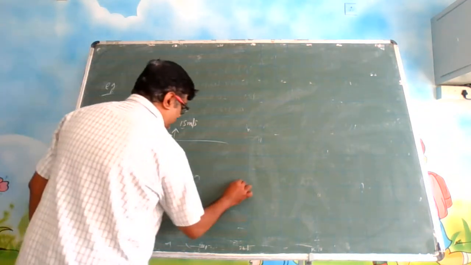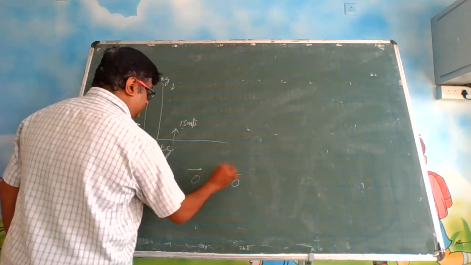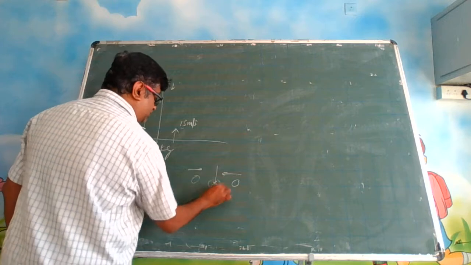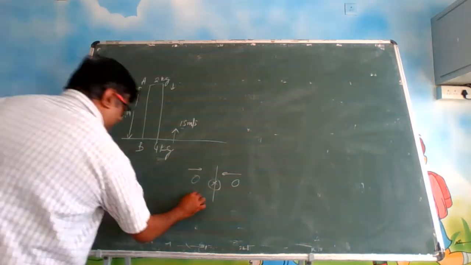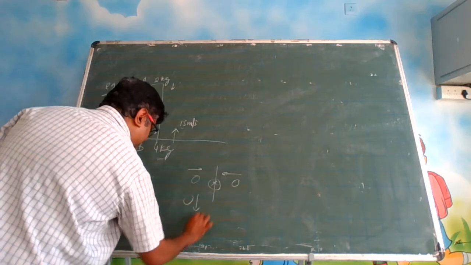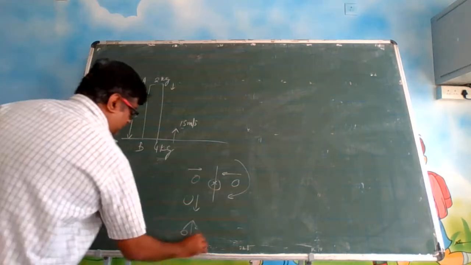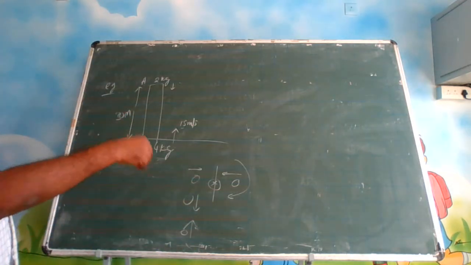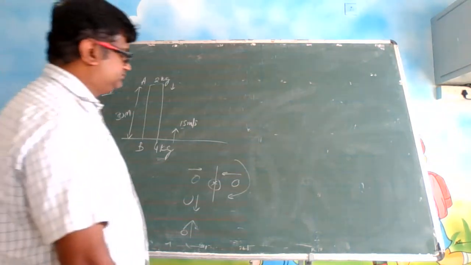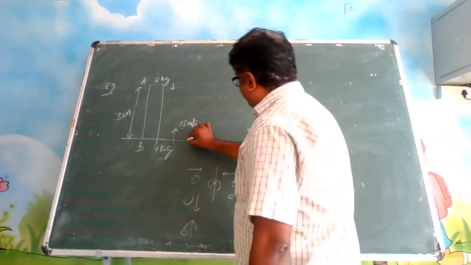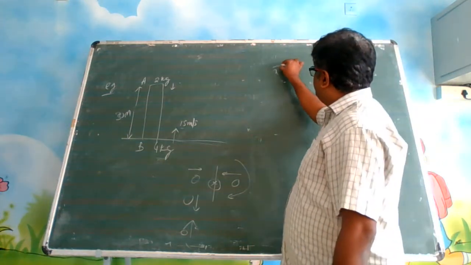So suppose there are two masses and one may be going this way, another may be going this way. So what is the motion of the center of mass is asked. They can be vertically up and down also. This may be coming like this, this may be going like this. Look at it by rotating it like this. Okay? What is the center of mass speed? First of all, where is the center of mass location? Okay? So we will take this line as the reference.